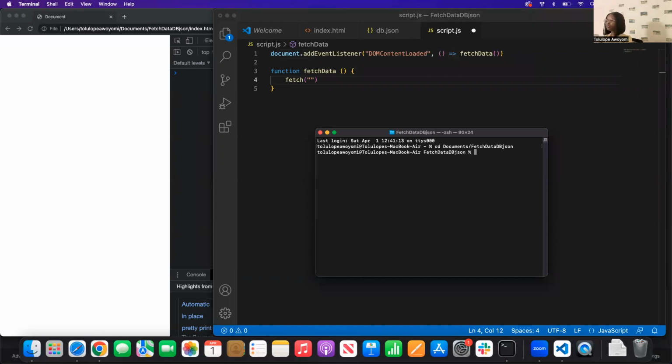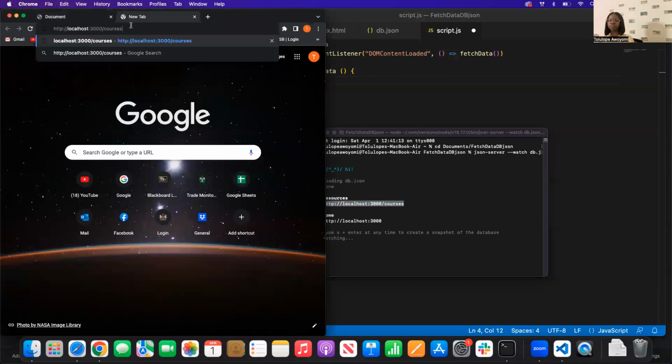Then I would say json-server. This is a step you have to do now. Without this, you can't even get your URL. Watch db.json. Now, click on it, and there it is. So now we have this. This is our URL. Copy it, and just, for example, paste it,